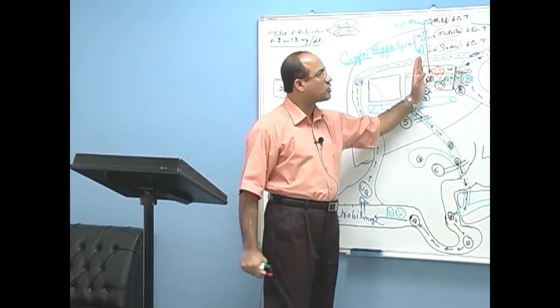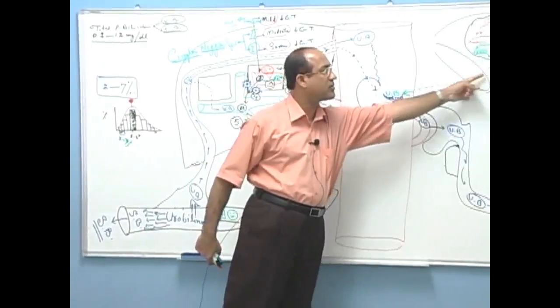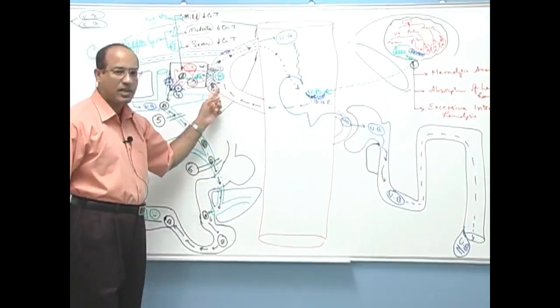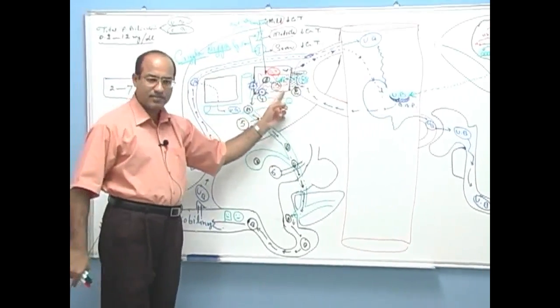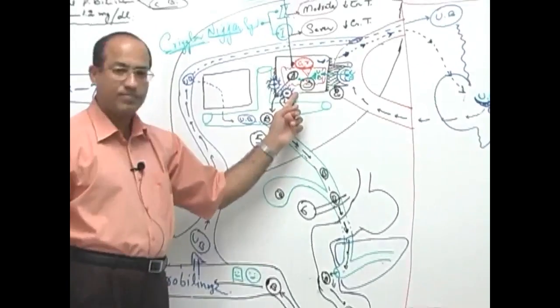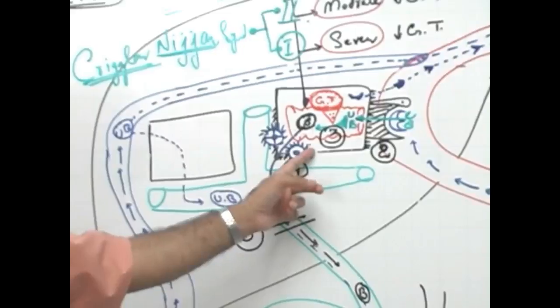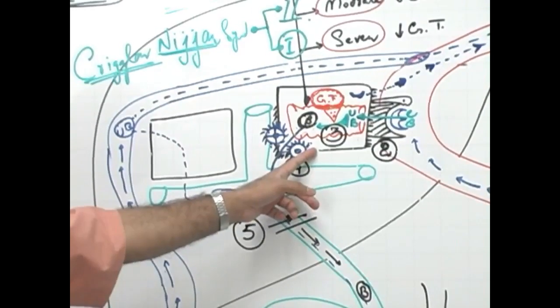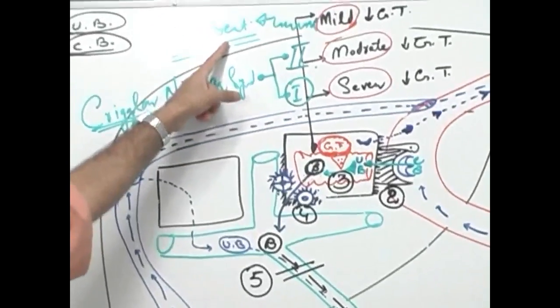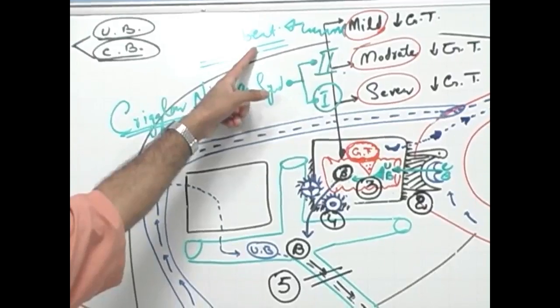We were talking about unconjugated hyperbilirubinemia, which is either due to overproduction and overpresentation of unconjugated bilirubin to the liver, or due to reduced uptake, or due to impaired conjugation. In impaired conjugation, we were talking about inherited and acquired disorders. In inherited disorders, we talk about Gilbert syndrome, in which there is a very mild impairment, with no consequences